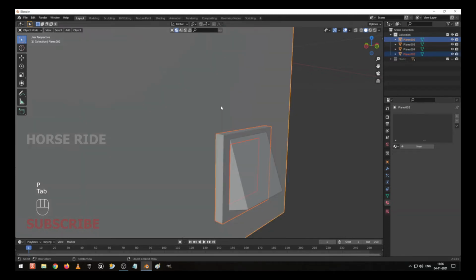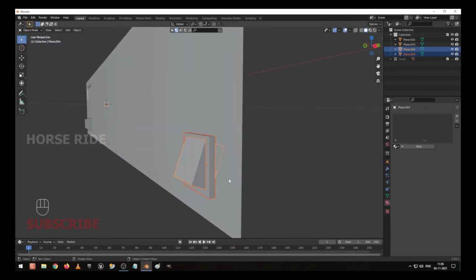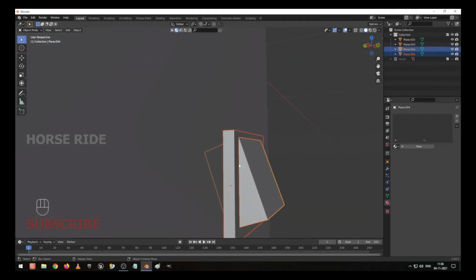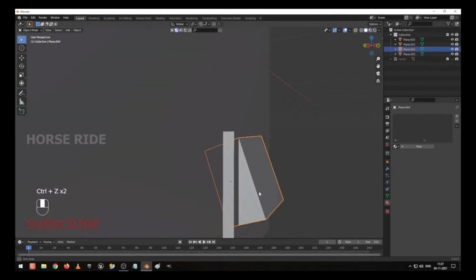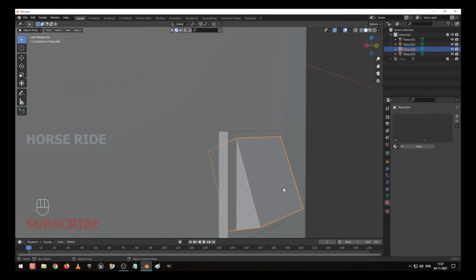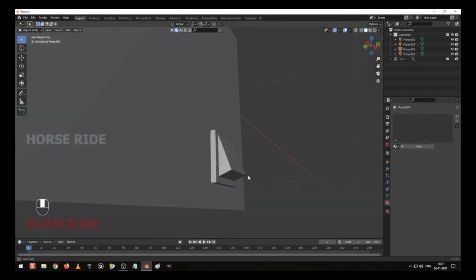Now both objects have been separated. Now I select this object, I press G to move, you can see it has been separated. Now I select this and I press Ctrl G to join. No, let it be separate, then only we can rotate this object easily. So now our basic switch is ready.